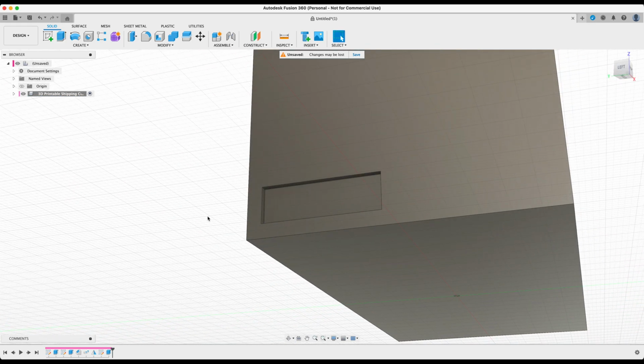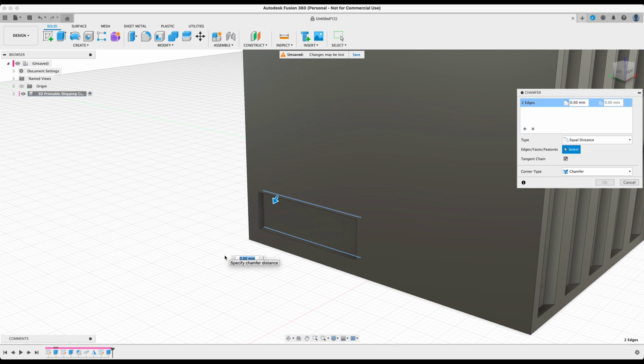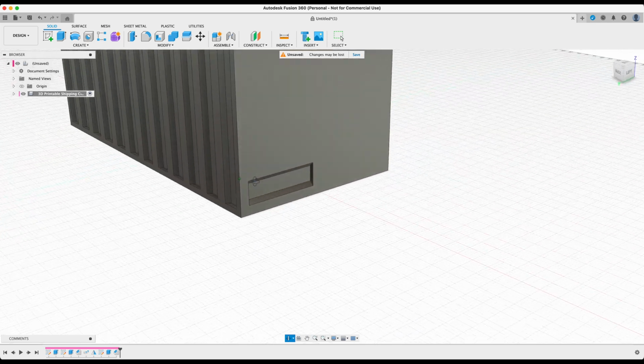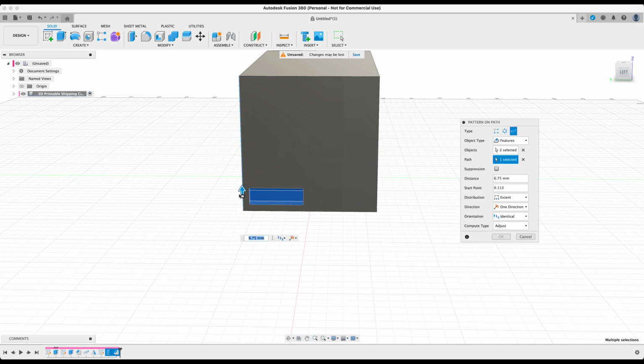And now what we need to do here is using the chamfer tool within Fusion, repeating the exact same process. Type in 1.25 and press OK. Now you have the chamfered feature for our door, and we can go ahead and pattern this up. Pressing S on our keyboard, type in pattern. Let's go ahead and select the last two features. The path is going to be set to vertical, and then we can just drag this up all the way